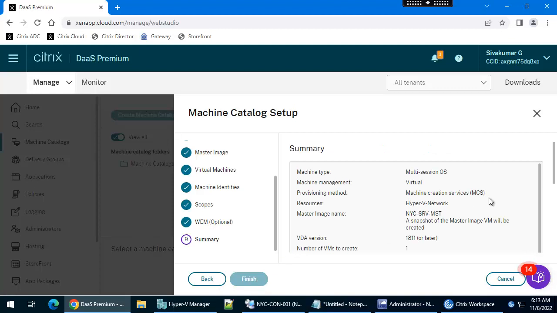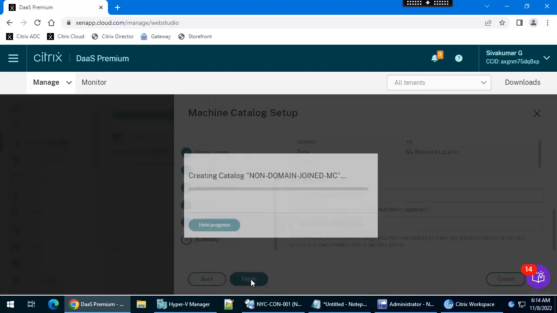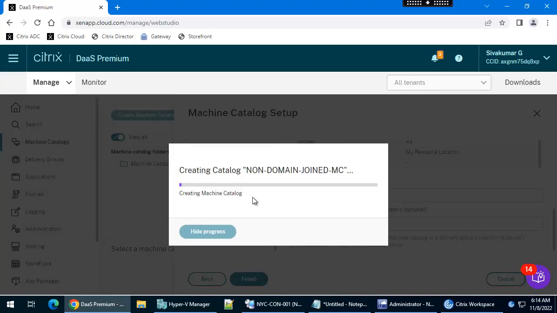Then we need to mention the machine catalog name, non-domain joined MC. Click finish. Once it's created, we'll create the delivery group, publish a desktop,